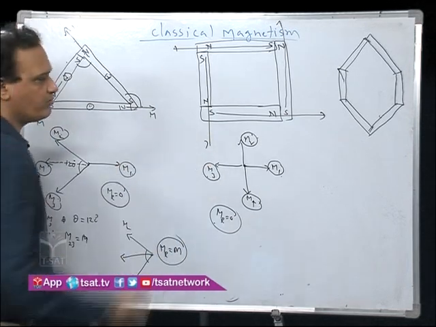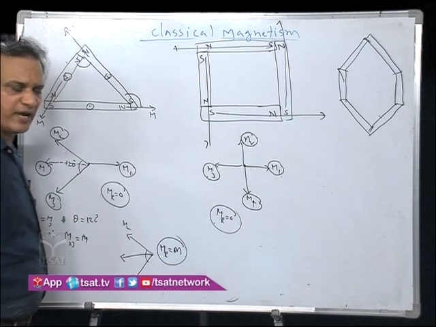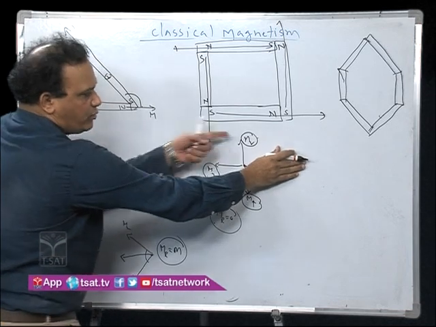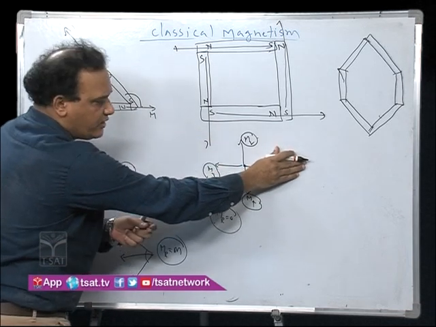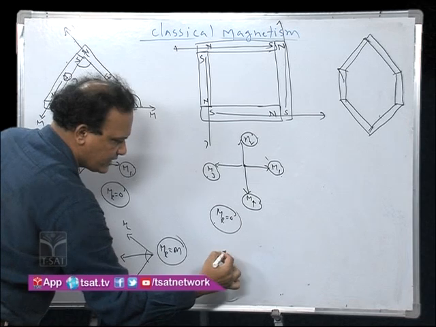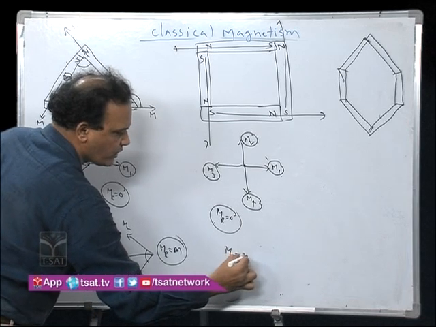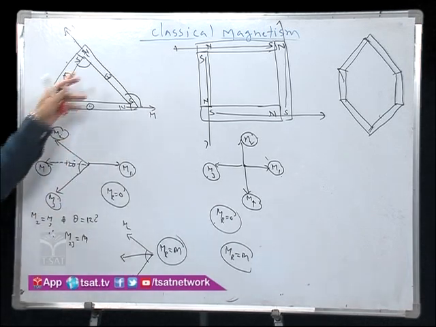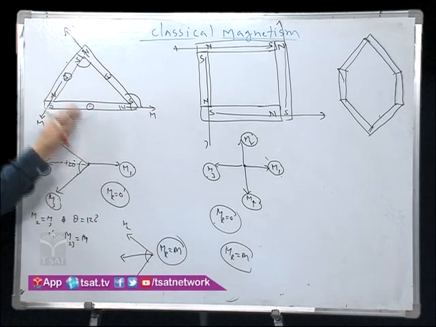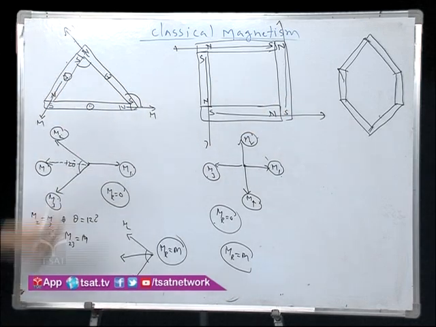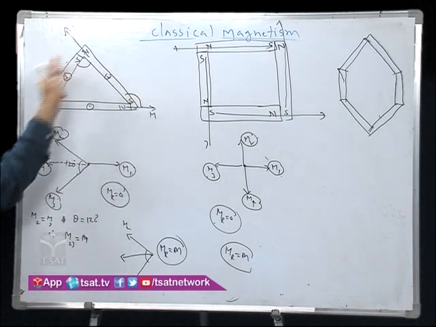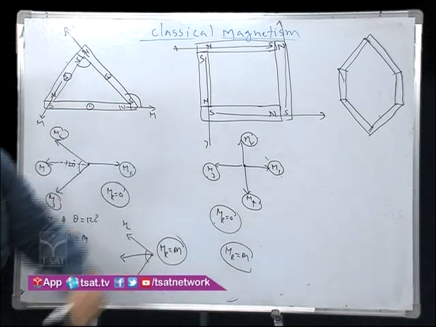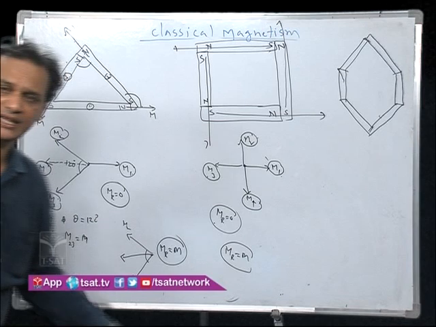Same thing here also. If I remove any one of the bar magnets, say the first bar magnet, m1, here m2 and m3, m4 cancel each other. Here only one vector remains, so the resultant magnetic moment is equal to m. From these examples, if n identical vectors, that means bar magnets, are arranged in the form of a polygon, taken in order, the resultant magnetic moment is 0. That is an important one. And next point, if one bar magnet is removed, the resultant magnetic moment is m.